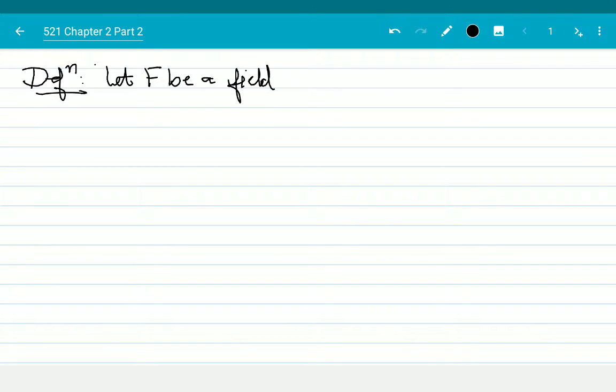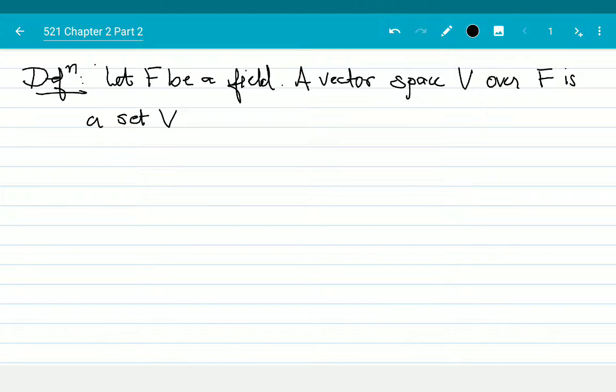And a vector space over F. A vector space V over F is a set V consisting of elements called vectors,